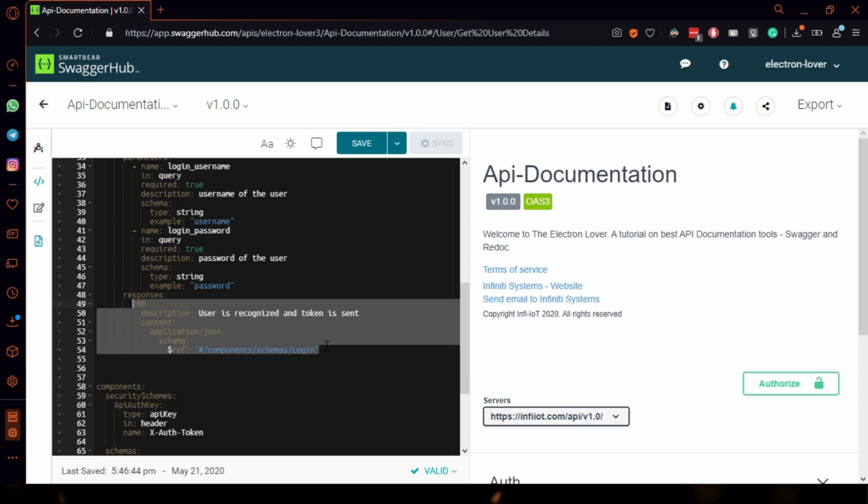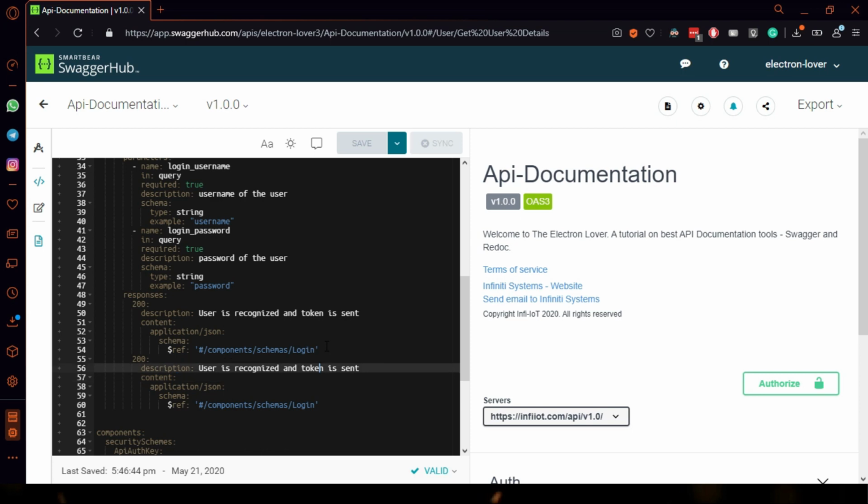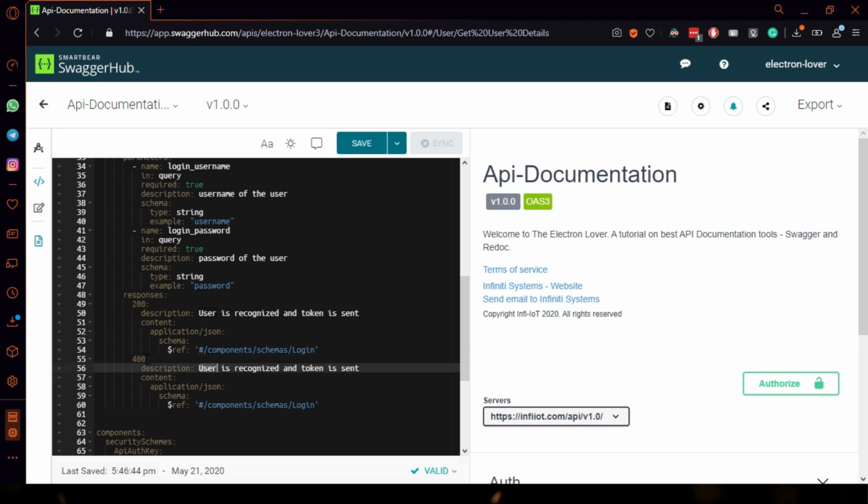Let's copy this response and use the same code for 400 response also, which would be error. So let's change the description accordingly.